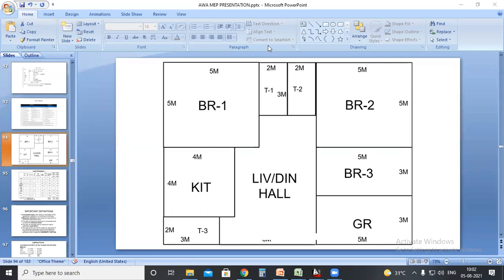Okay, so I will again refresh the topic that we have already discussed. Whenever we receive a civil drawing from the architect or the client, we will initially select the equipment like light fittings, utility sockets, exhaust fan, ceiling fan, etc. After finalizing all the electrical equipment, we need to list it down. So this is a format